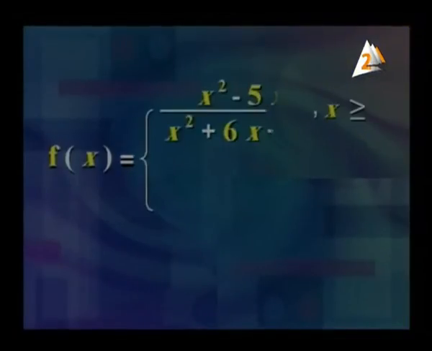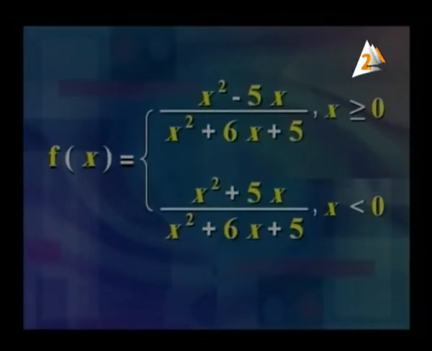Dear student, look at the function. f(x) = (x² − 5x) / (x² + 6x + 5) when x is greater than or equal to 0. The second branch is f(x) = (x² + 5x) / (x² + 6x + 5) when x is smaller than 0. The function becomes, yes,